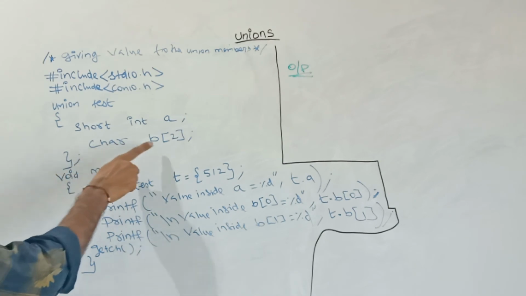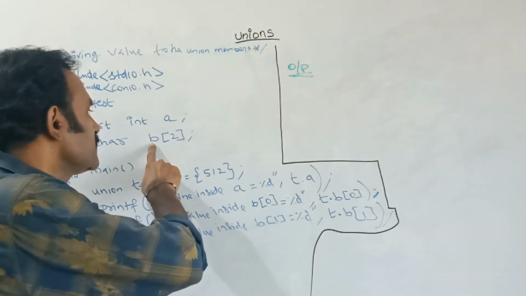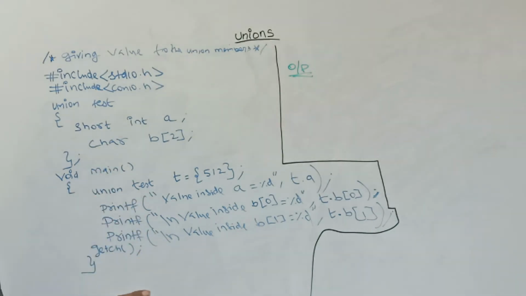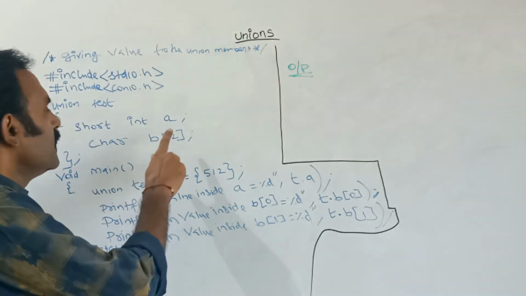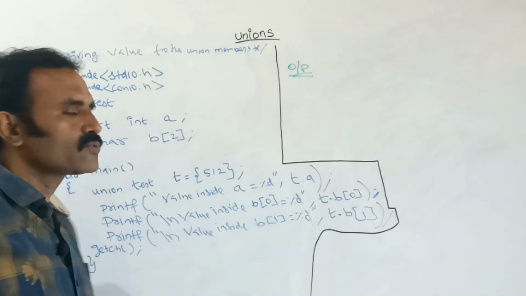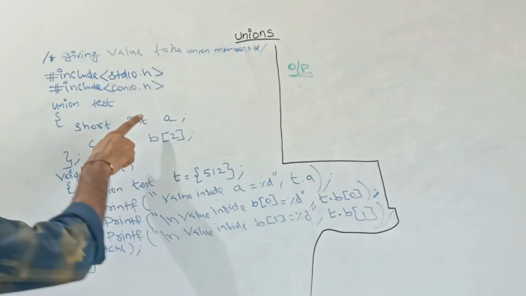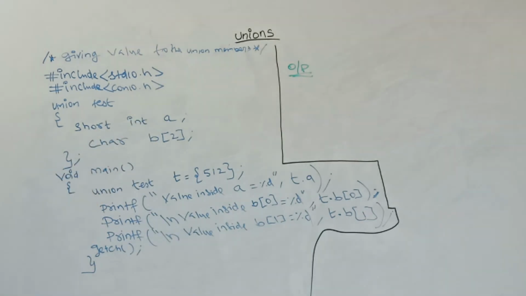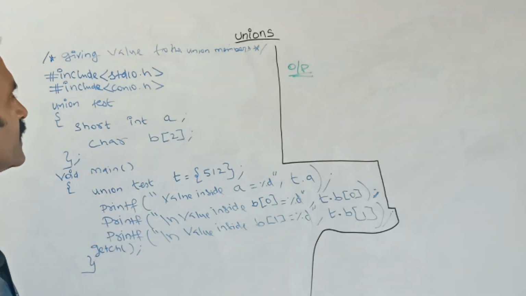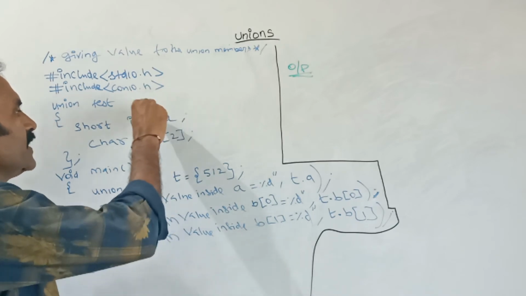Next, for character, here I am using the array B of 2. The member name is B of 2. That means by default the character data type is 1 byte. But here I had used an array and I had specified the memory as 2 byte. Here the subscript value is 2. So the B member also will occupy 2 byte. So for the first member 2 byte, second member also 2 byte. Among the union members, the biggest memory size is what it will take. Here both are the same, no problem. So 2 bytes were allocated for this A and B.